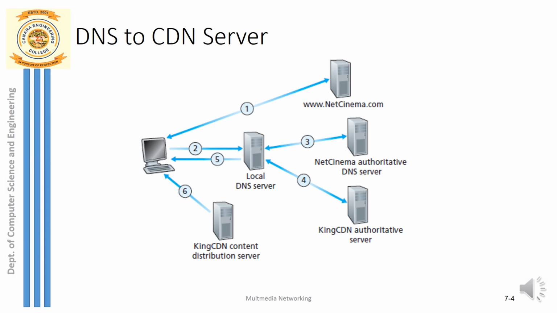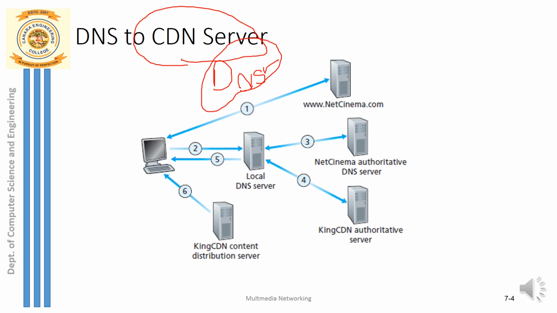You can see here how exactly the request is sent and how the reply is obtained from the remote CDN server. This is quite similar to our DNS concept. Here we also require DNS servers in between, and I hope you all remember the query posted to the local DNS server, then the root DNS server, then TLD, then authoritative, and then it reaches the actual server. I also hope you remember the purpose of DNS: translating the host name to an IP address.